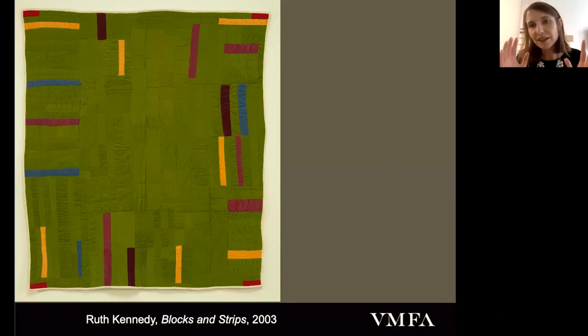So it's not a dissimilar process between Ellsworth Kelly and Ruth Kennedy. And then another comparison to think about is Donald Judd calling in his specs, this idea of industry, that he wants his work to look as if it was made in a factory or made industrially. One of the reasons Ruth Kennedy is working in corduroy is because the Gee's Bend quilters had